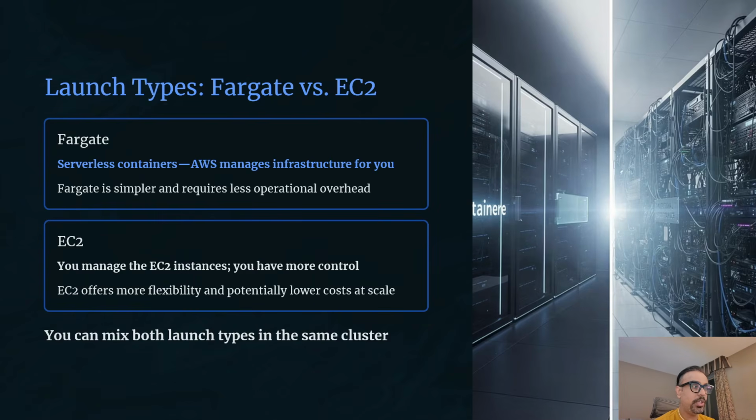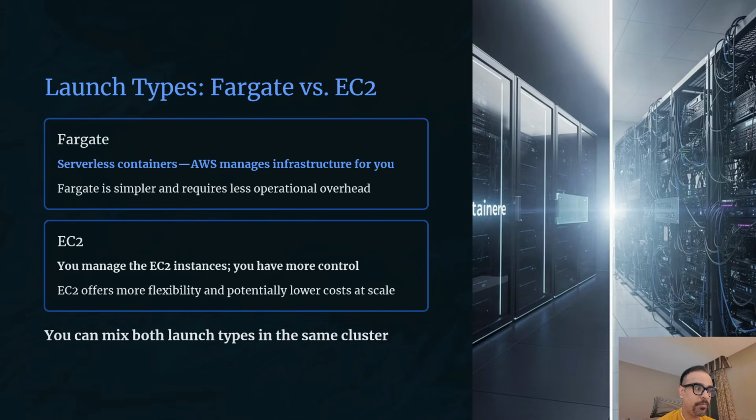EC2 is the traditional option. You launch EC2 instances, register them with your ECS cluster, and ECS schedules tasks on those instances. How do you register them? When you create an EC2 instance, you have to install the ECS agent. When you install the agent on your EC2 instance, it is able to talk with ECS. You are responsible for patching the instances, managing their capacity, and ensuring they stay healthy, or if you want to add any firewall onto your server. This gives you more control and can be more cost effective if you have large, predictable workloads,